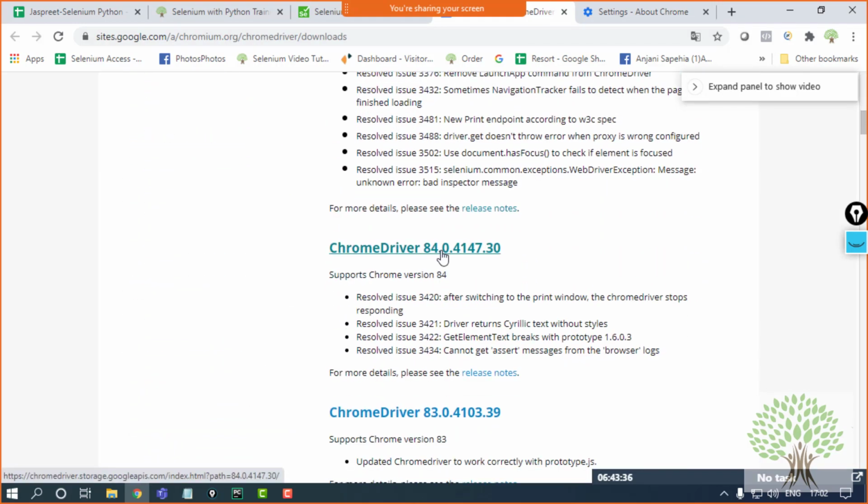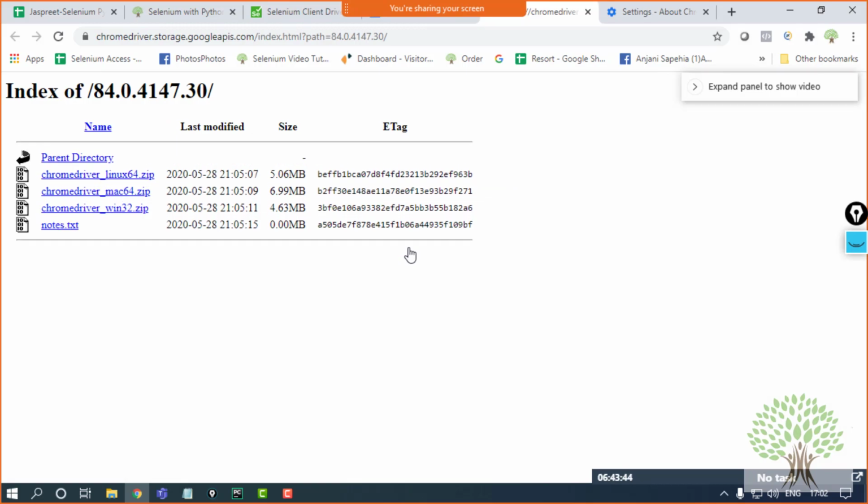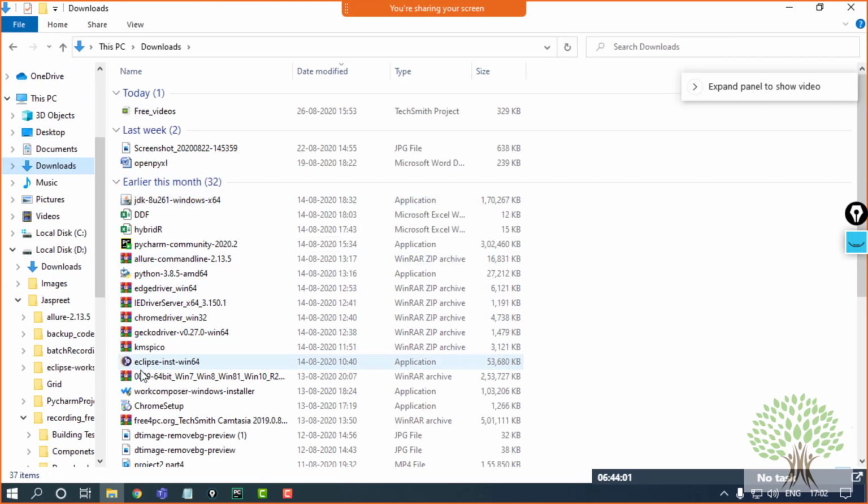Now I had 84.0.4147, right? So I'll click on this link. It will take me to the page where the zip files are available for drivers. According to the operating system, you need to get it into your system. For Windows, if you have, click on this. A zip file will be given to you this way.